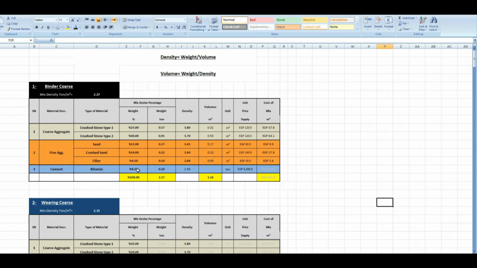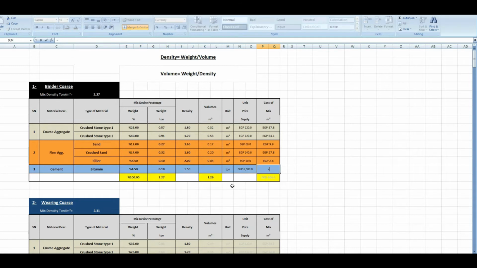For the bitumen, if the percentage according to the mix design is 4.5%, it means that the weight equal 4.5% multiply the density of the mix, it gives you 0.1 ton or 100 kilogram of bitumen in the mix of 1 meter cubic. If we have here 1 ton supplied to the batch plant 6,500 according to the Egyptian price, it means that